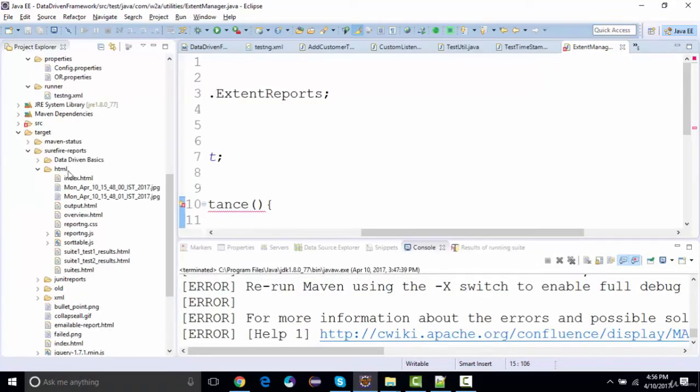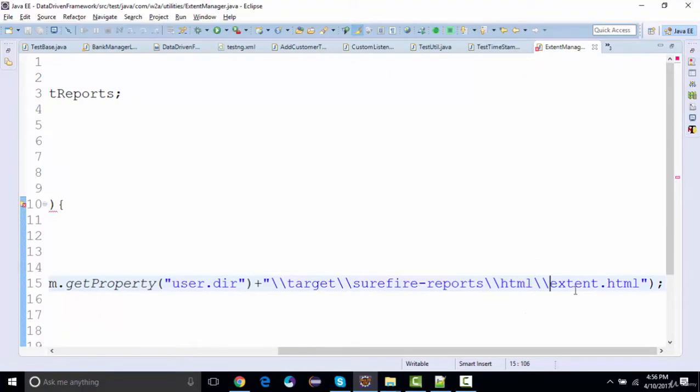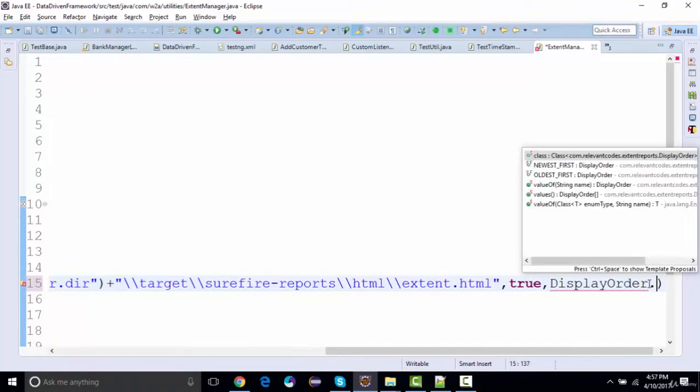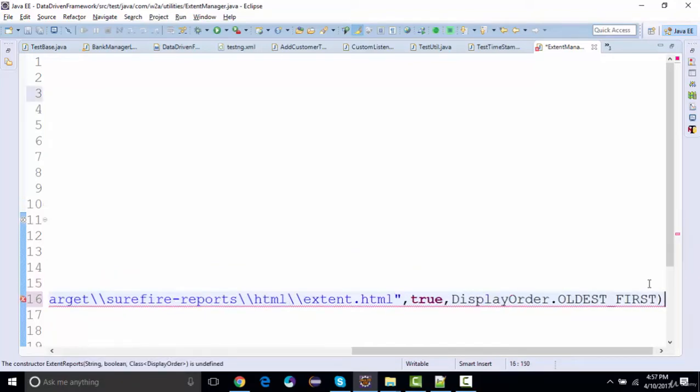So we have surefire reports, we have HTML, and under that there will be a report that will be generated, that is extent.html, right? And we're gonna define the flag as true, and we'll say display order dot oldest first,